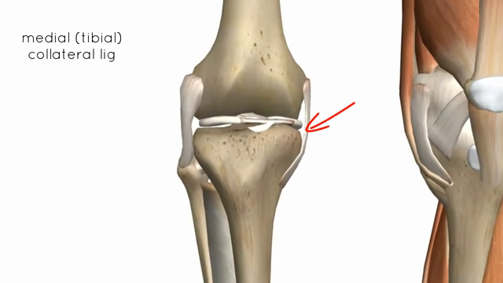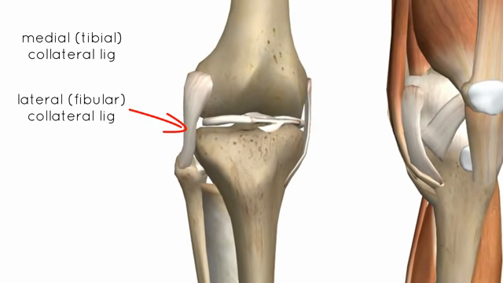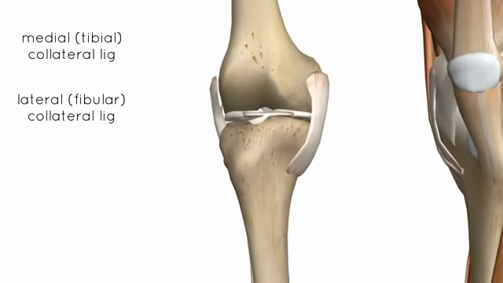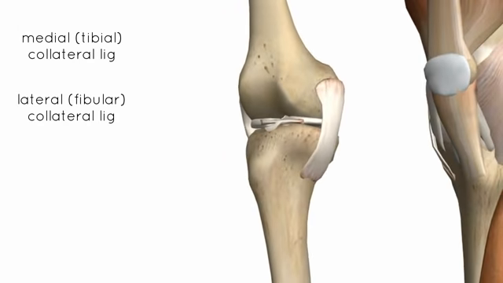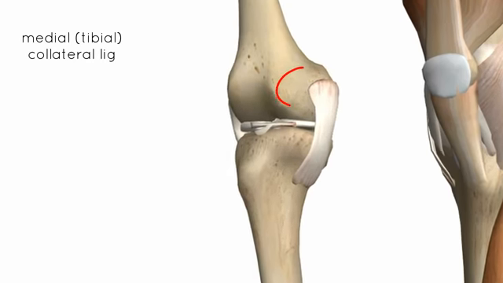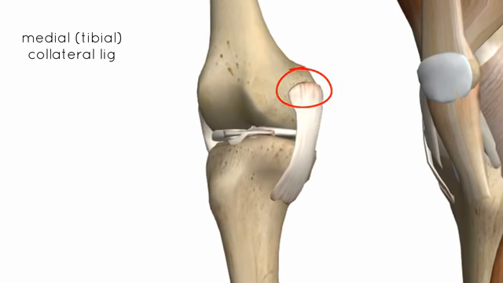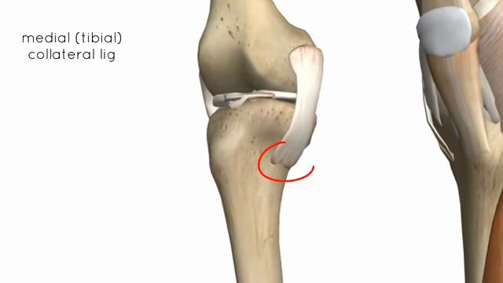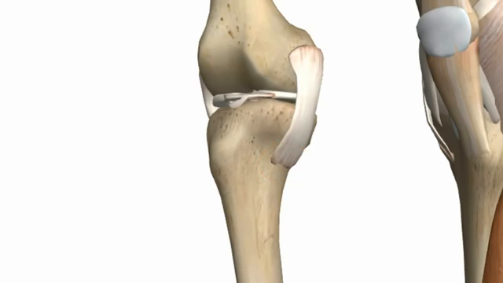We've got a medial collateral ligament, which is also referred to as a tibial collateral, and we've got a lateral collateral ligament, or a fibular collateral ligament. So we'll take a look at the medial collateral ligament here, and you can see its proximal attachment on the medial epicondyle of the femur, and you can see its distal attachment on the tibia. So it attaches medially on the tibia just a little bit above the insertion points of the sartorius, gracilis and